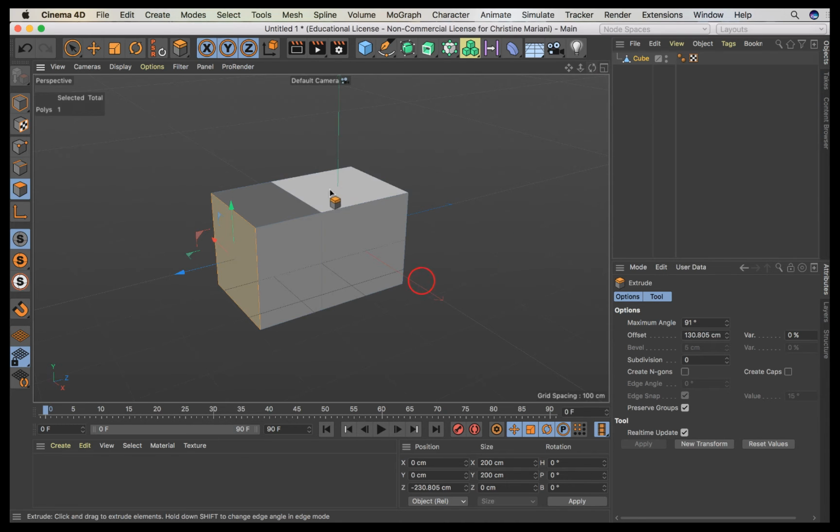Okay, and then maybe I want to add myself another level up here, so I can select that. Okay, and if I want to extrude both polygons at the same time, I select both, and then I can pull up. Okay, so you can decide however you want to go. Okay, if you just want to extrude one part, which I think makes the most sense for your toy car,